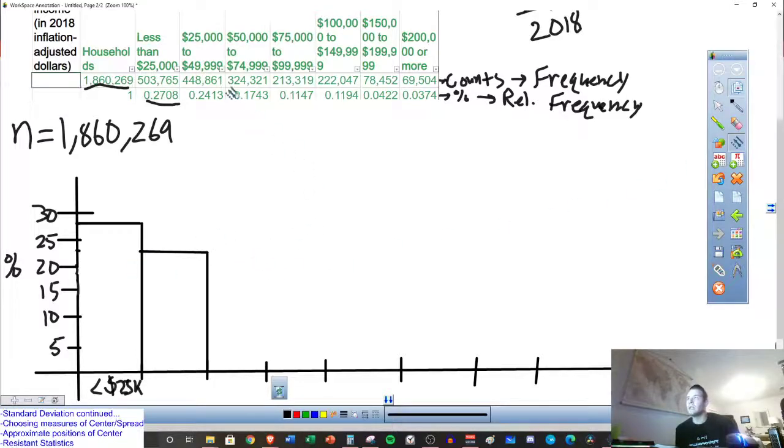Let's do the next. We need 17.43, so that's about here. Seems a little high actually. Let's go down a little bit. About right there. Okay. There. Up. Good. Let's erase a little bit, clean it up. And you should be drawing this as well. A little bit tedious of a process here, but again, this is definitely faster than doing it another way. Next, we have 11.47. Also, I need to be labeling these, so let's go ahead and put